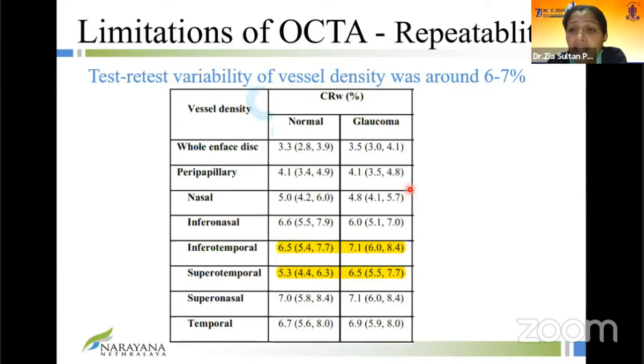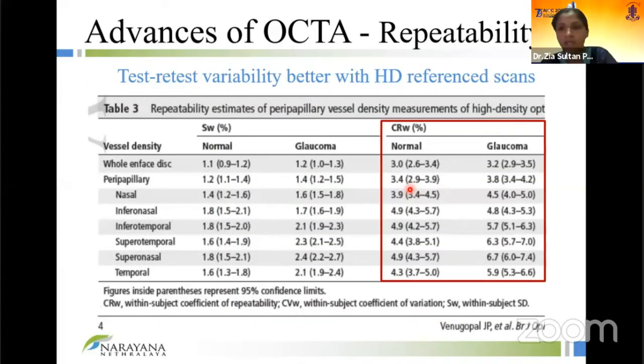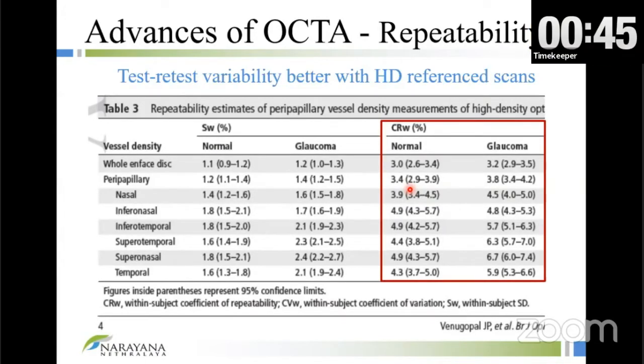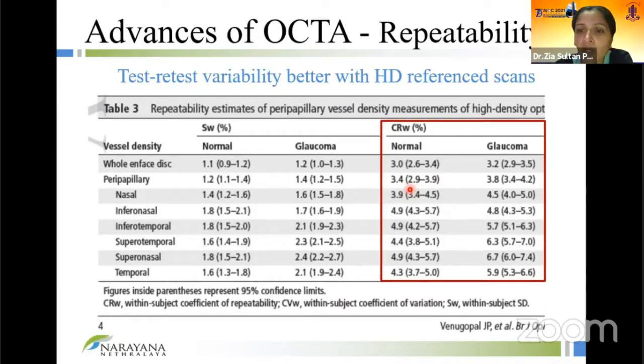For example, in OCT, it's 5 microns, which is very good repeatability. And that's why we've been using it for so long. They have improved the technology with these reference scans, and it has reduced now to between 3 to 5%. So we're in the right direction. I think there's still room for improvement in the test-retest variability, but there's definitely improvement from what it was.